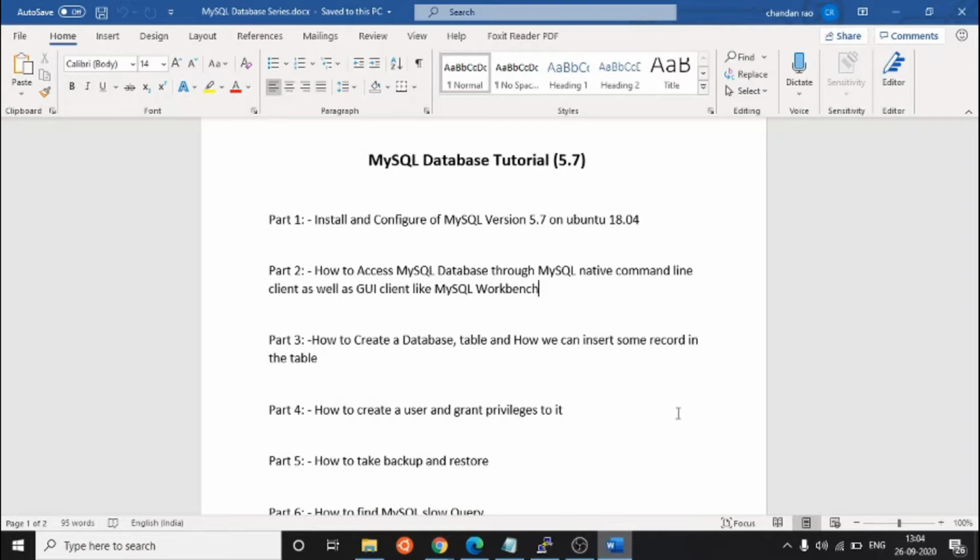series of tutorials. So today we are going to learn how to access the MySQL database through the MySQL native command line as well as a GUI client like MySQL Workbench. Today the main focus will be on MySQL Workbench. MySQL Workbench is a GUI tool, or we can also say a GUI client, by which we can connect to MySQL